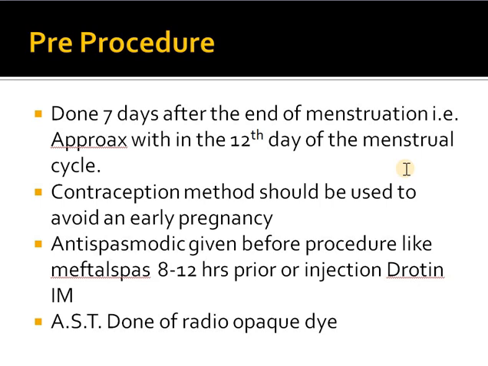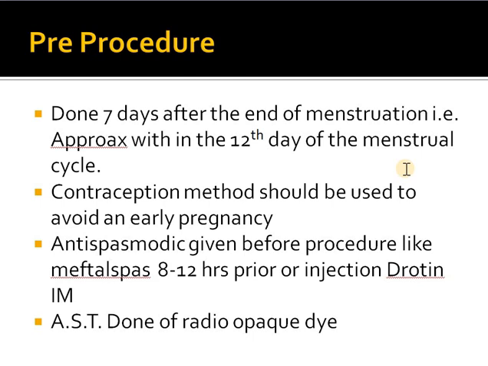So it mainly depends. If the patient has a 3 or 4 day cycle, we perform the procedure on the 8th or 9th day. If the person has a 6 or 7 day cycle, then we perform the procedure on the 10th or 11th day. One thing to remember here is we won't perform the procedure immediately after the cessation of menstruation, but at least 1 or 2 days after. Then another thing we should consider before performing the procedure is the proper use of contraception, to avoid any kind of early pregnancy.